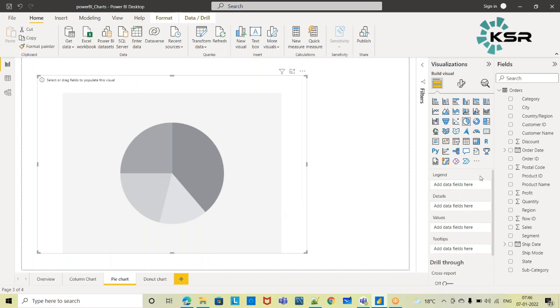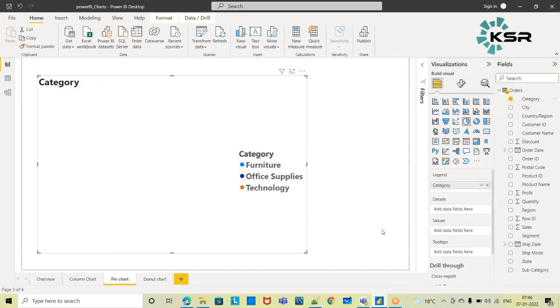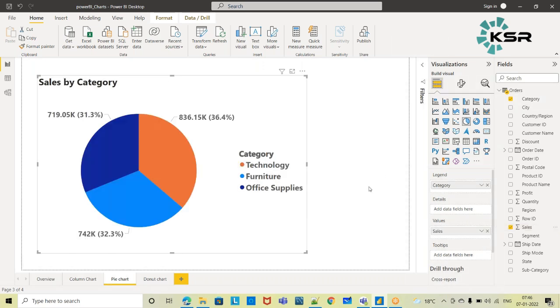So I'll go to this chart, and in the form you can see I have to fill the form now. So I'll take the category, and the same sales value I want to see in terms of percentage, right? So I'll drag and drop the sales value to here. Now you are able to make out, right? With respect to technology, this is the sales value and this is the percentage. With respect to furniture, this is the sales value and this is the percentage.